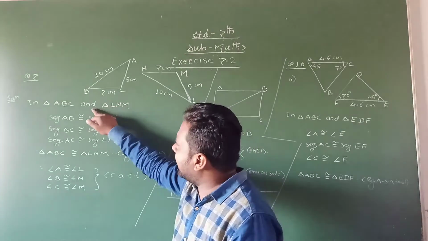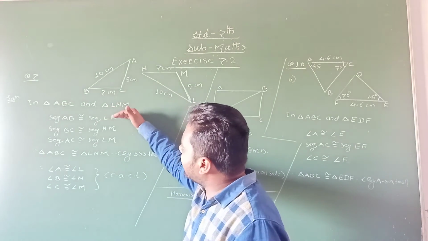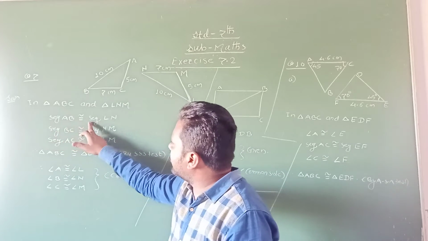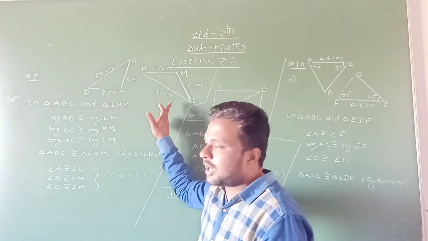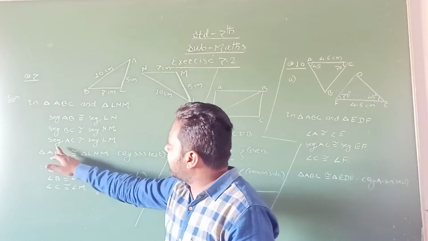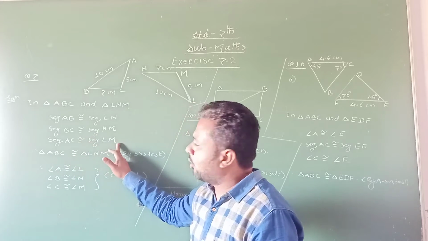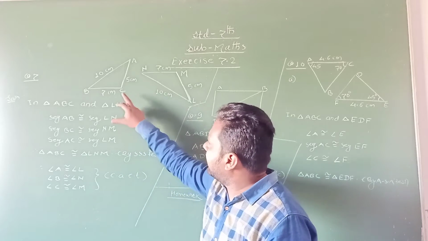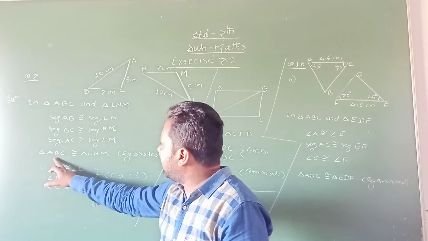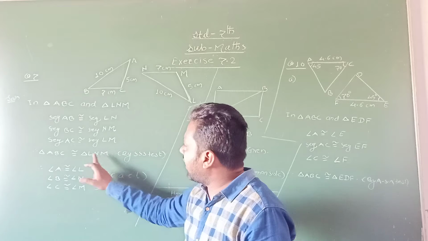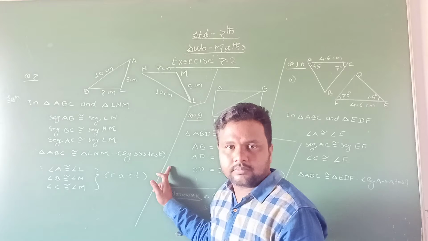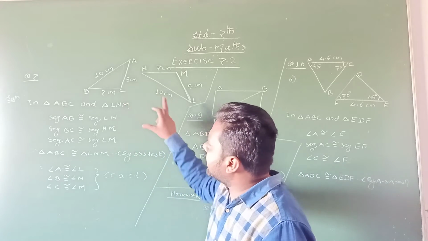We write it with the word AND and then we write the corresponding congruent parts of these two triangles. Here segment AB is congruent to segment LN because their measurements are equal, their lengths are equal. Segment BC is congruent to segment NM and segment AC is congruent to segment LM. Now three corresponding sides in these two triangles are congruent. Therefore these two triangles ABC and LNM are congruent by which test? That is the side test of congruency. Here we prove these two triangles are congruent.